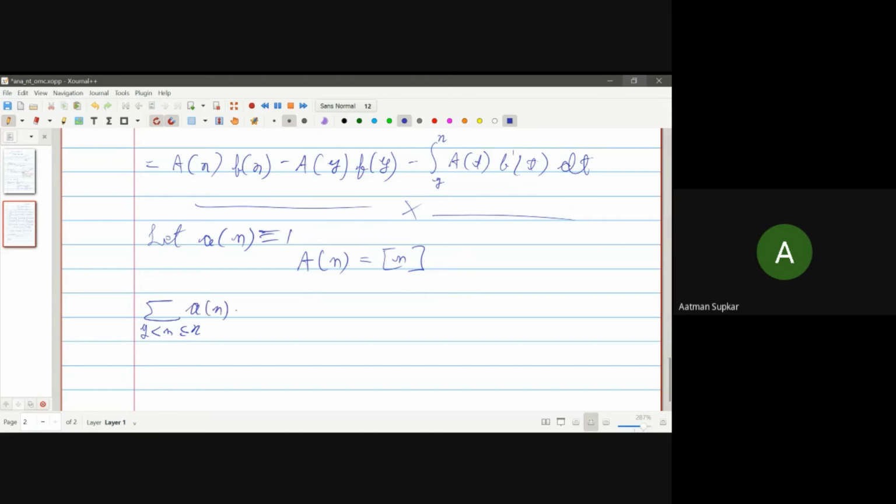f(n) is equal to just the summation over y less than n less than or equal to x. Congruent to 1 means it's 1 for every single value of n you're going to give. F of n, that's all it is equal to,